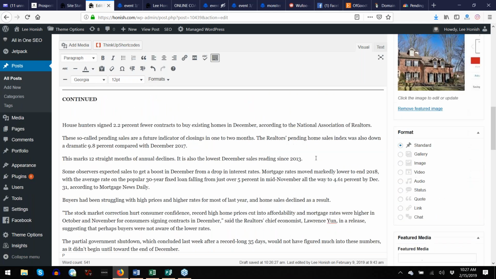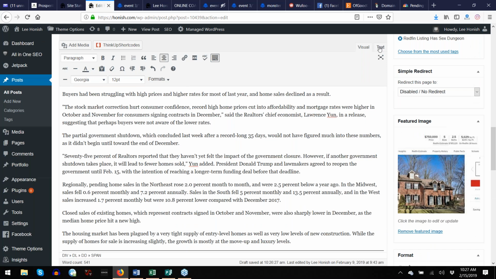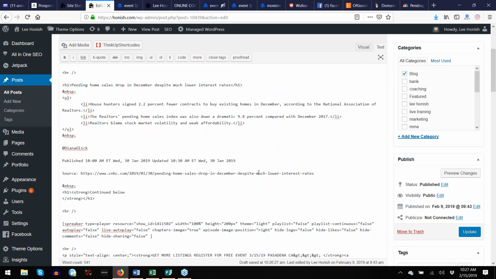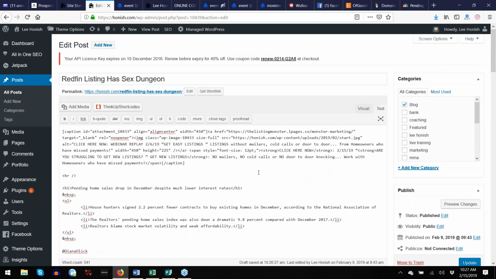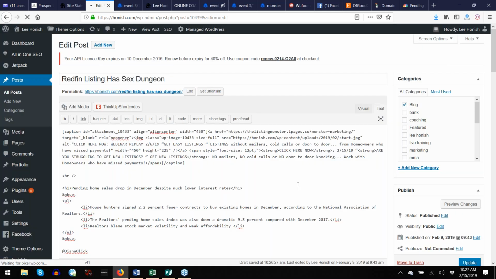I'm going to change the date on this link down here, so it's fine-tuned. Then I'm going to go over to text. This is HTML code. You don't need to know how to do coding. Control A copies everything on this screen. I'm going to copy it. Click on Add New Post. I'm going to leave the page. By the way, this formula can be reproduced on any